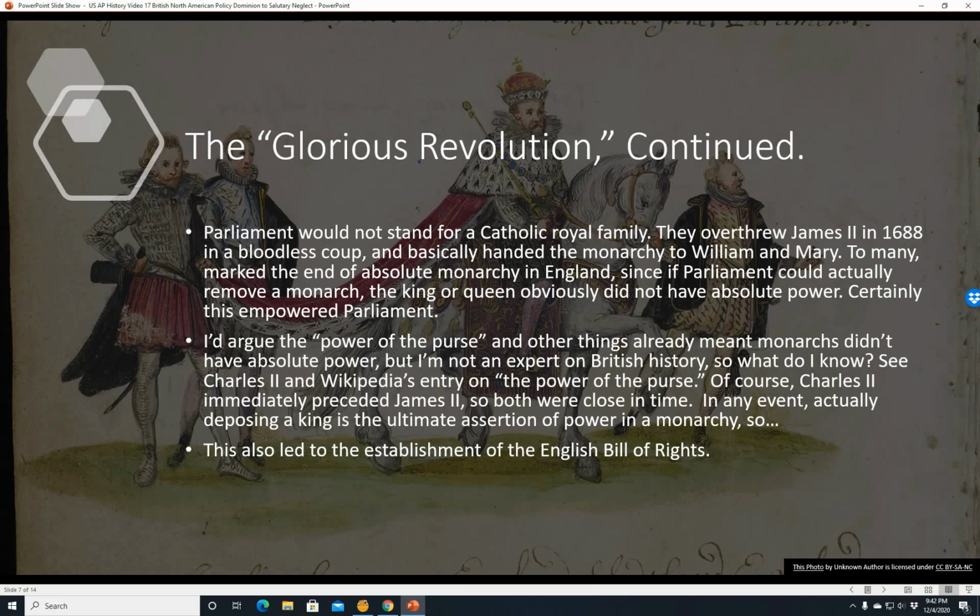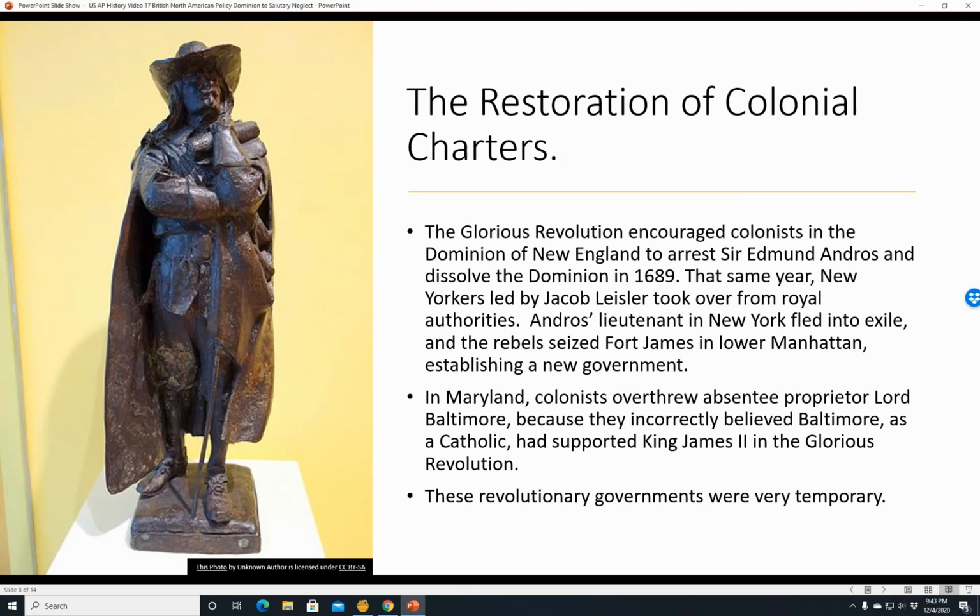In any event, actually deposing a king is the ultimate assertion of power in a monarchy, so you can make your own decision here. This also led to the establishment of the restoration of colonial charters. The Glorious Revolution encouraged colonists in the Dominion of New England to arrest Sir Edmund Andros and dissolve the Dominion